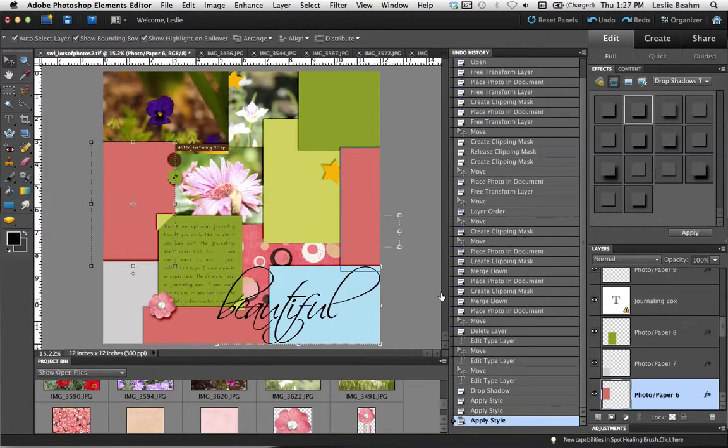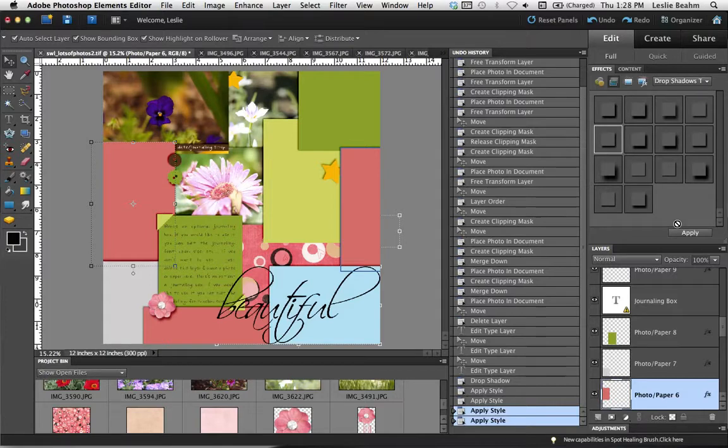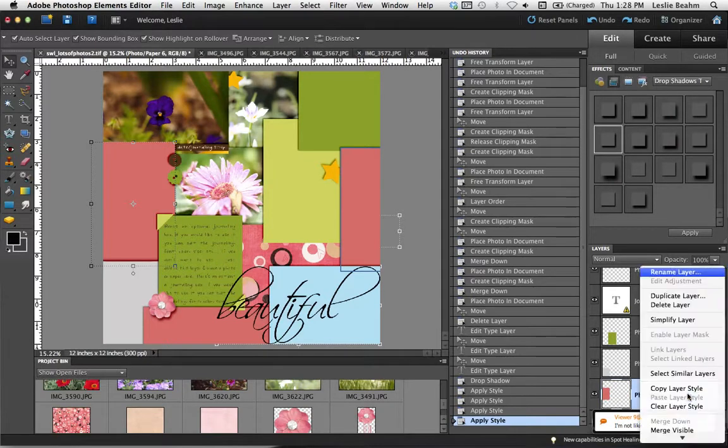And if I want to do my papers, now here's a really cool thing. Here, I'll do my papers. I'll do the paper I have selected, and I'll pick, this is the layered paper. I want one, nope, this one. Flat paper, and apply. Now it's moved the shadow down and to the right, and I want that to be on all of my papers, so I can easily go right click somewhere here in the middle,